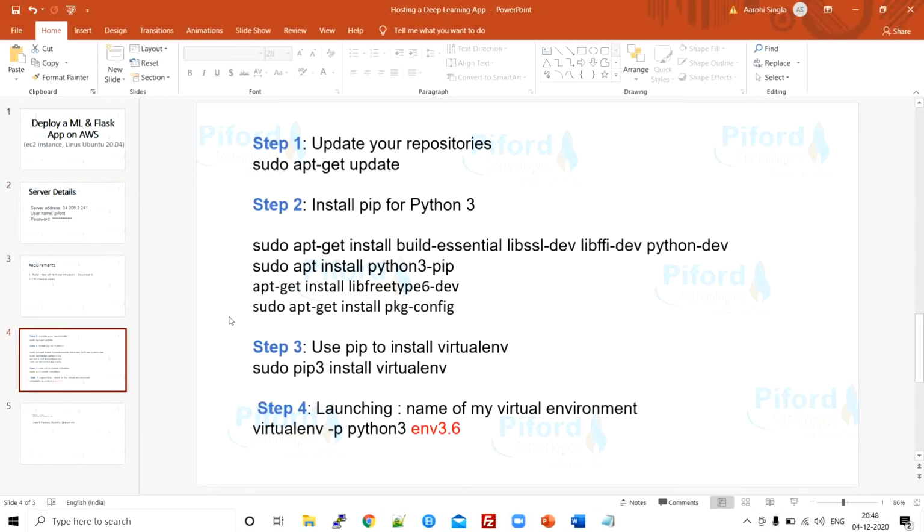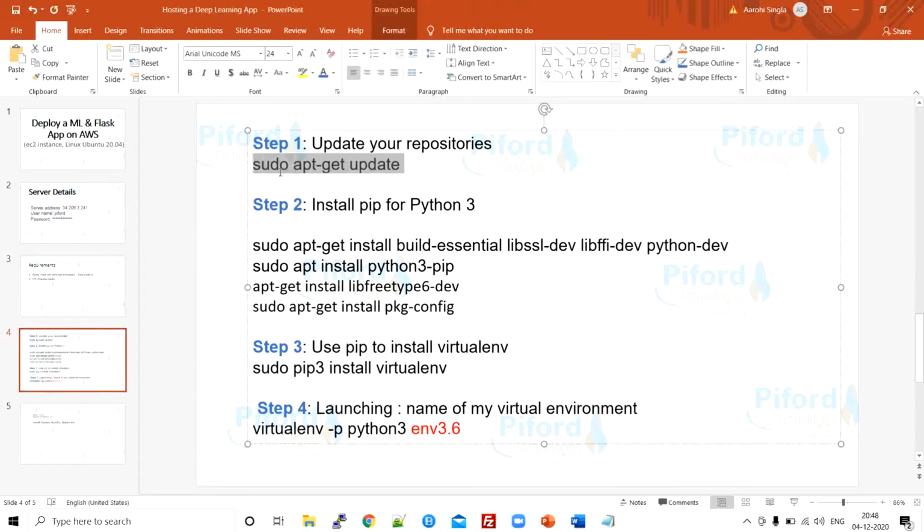So the commands are, first of all, always update, right? sudo apt-get update. Now we are using Python 3, so for that we want to update pip, right? But for updating pip, first of all, we have to install these dependencies, right?